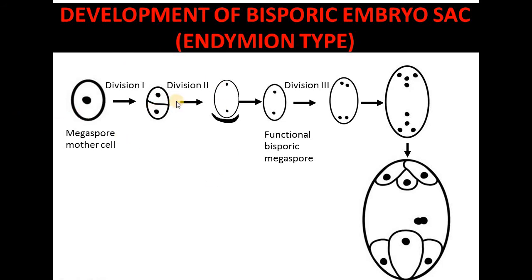And you can see here the dyad is there, but now in this case, this chalazal megaspore will be degenerated and this micropylar megaspore will remain functional. Same type of process, no cell plate formation, only 2 nuclei are there and both the nuclei will participate in the formation of embryo sac. The same process will be there. Then the mitotic division will be continuous here division 3, and after that division 4 will also be here, and it will produce 4 nucleate structure and finally 8 nucleate structure. So arrangement of the cell will be like this, and 8 nucleate and 7 cell structure will be produced.